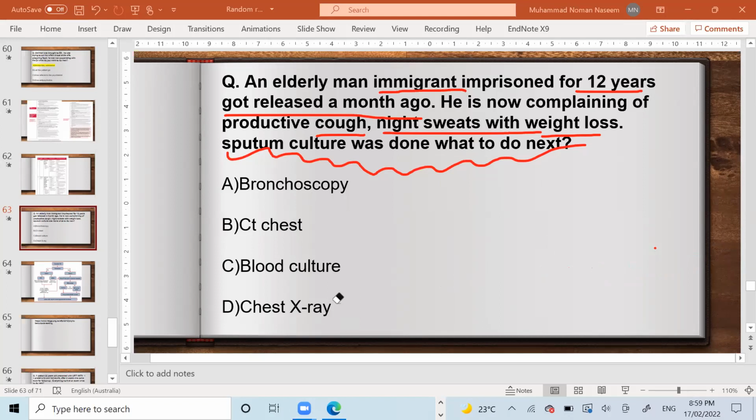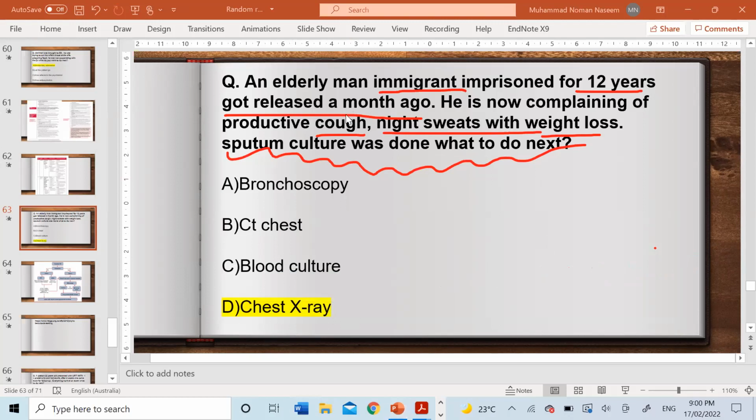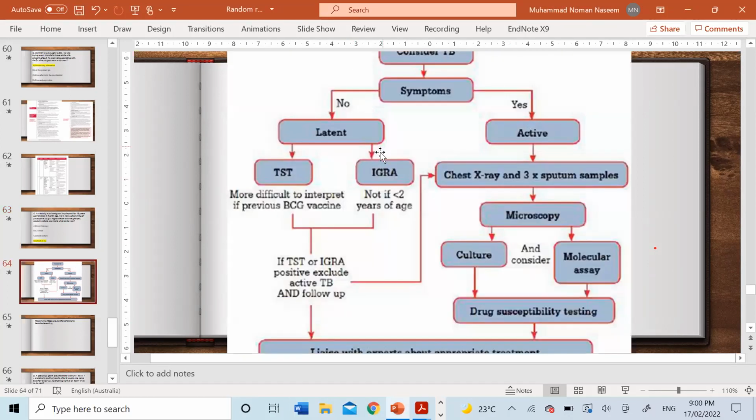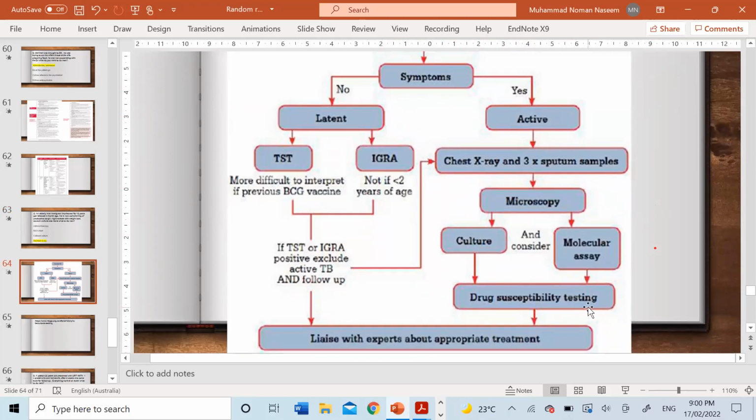So very good, guys. There is a big guideline regarding tuberculosis, and we have already discussed that they will always mention some immigrant or some prison or detention center, and they will have the typical signs and symptoms. Now, any patient, if you suspect this patient to be having tuberculosis, this is the pathway that you follow. If you're considering TB and the patient is exhibiting the symptoms, then it's an active TB. First, you do the 3 sputum samples and you send the patient for chest x-ray. If the patient is positive, then you do the drug susceptibility testing. It's such a tongue twister, sorry. So you start the patient on appropriate anti-tuberculosis therapy for 6 months or 8 months or 9 months, depending upon